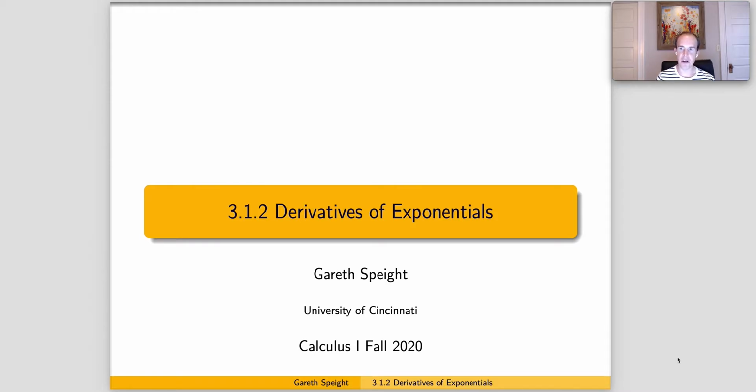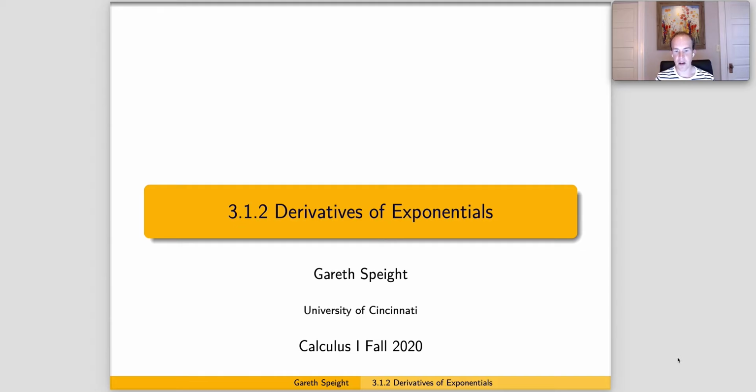Hello, everyone. So another function that we often like to differentiate are exponential functions. So let's see how to differentiate those functions. Before we talk about exponential functions, there is one particular kind of exponential function that is somehow the nicest that we use most often, and that's the exponential function with base e, so functions that look like e to